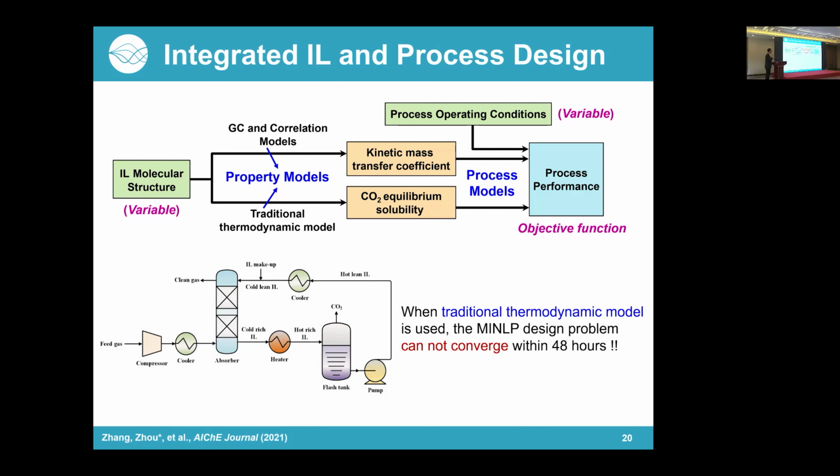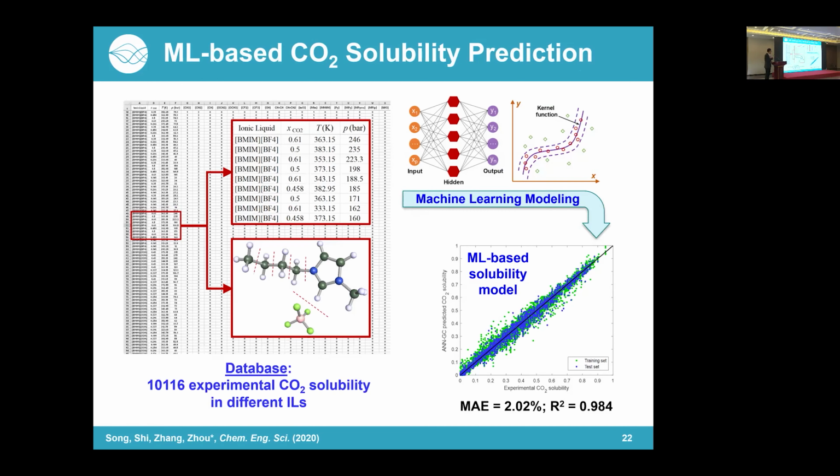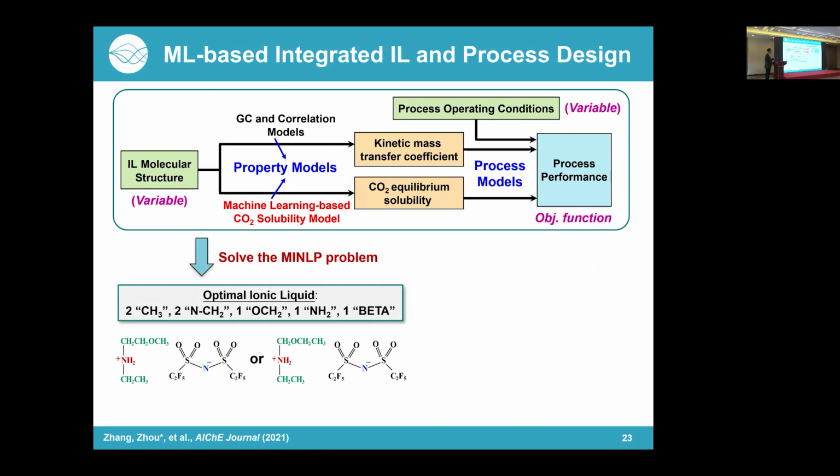But what we do is we change this traditional thermodynamic model with the machine learning model. We collect more than 10,000 experimental data. Then we predict the solubility directly with a neural network. This helps us to solve the problem very quickly, because then we can solve this kind of very complex integrated design problem. We get the optimal ionic liquid like this: 2 CH3 groups, 2 NCH groups,